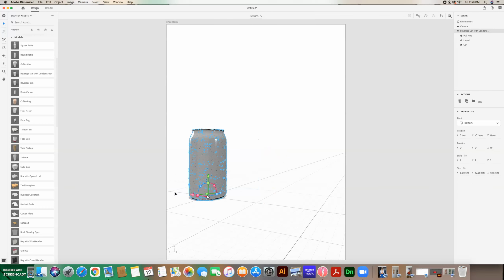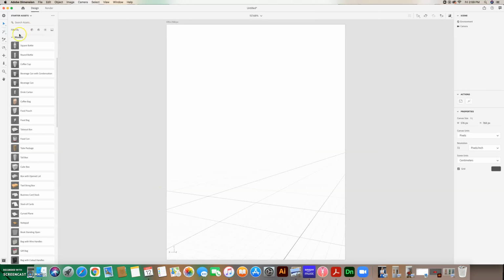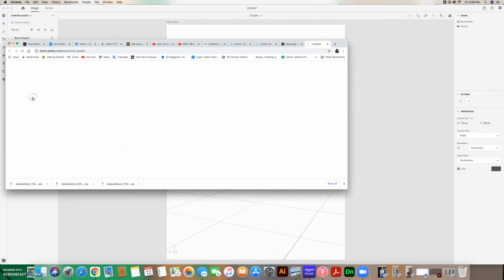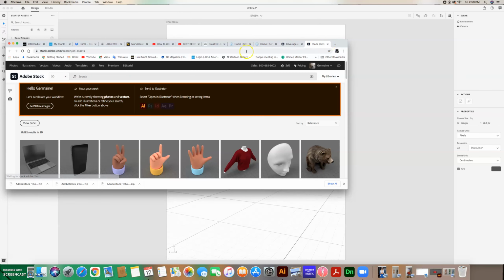Okay, so say you're trying to figure out where to find extra 3D models, and you don't see what you're looking for. You can always collapse your shapes and models, and at the very bottom there's a link that says Browse Adobe Stock, and that will send you to Adobe. Alright, and once in there,